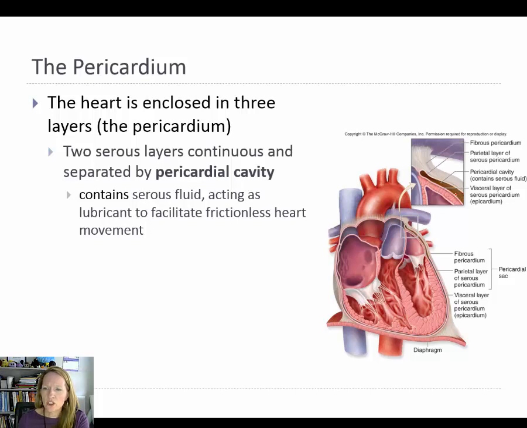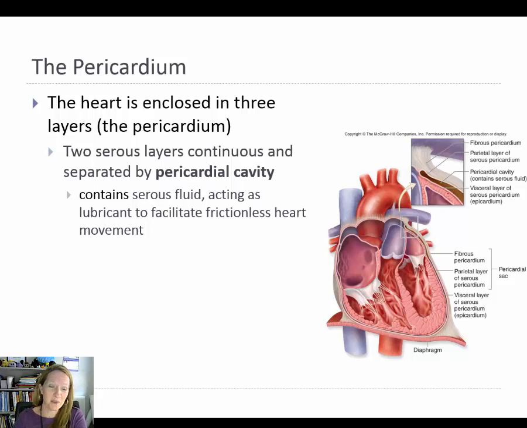And it's going in and lubricating. So whenever the heart pumps, I mean, if you think about it, the heart is changing shape because it's going to contract. It's going to get a little bit smaller when it squeezes, and then it's going to relax. So we don't need those layers to rub together. So you have this serous fluid that's going to prevent them from rubbing together. We'll talk about a condition whenever it actually does rub together. So it creates this